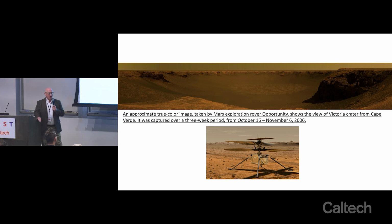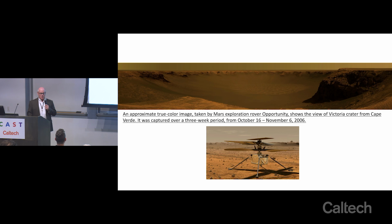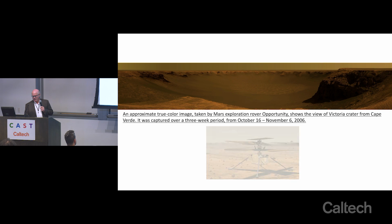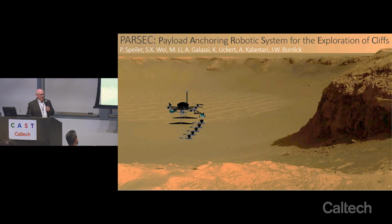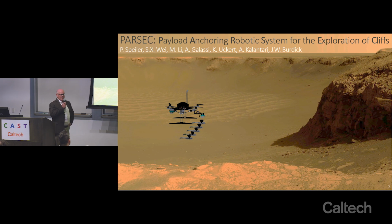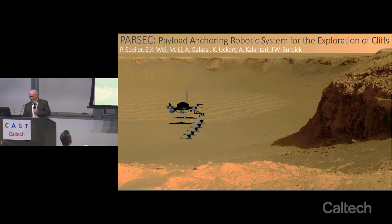Currently, there are activities at Mars to look at much larger versions for future missions, which could carry up to 4 kilos. But with Arash Kalantari, we've looked at an alternative idea: instead of having only 4 kilos of science payload on the robot, what if you could drop a pallet full of different sensor modules, which are smart and intelligent, and then use the robot to go out and